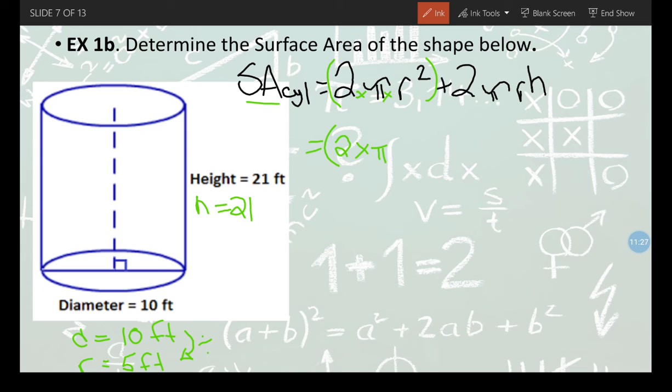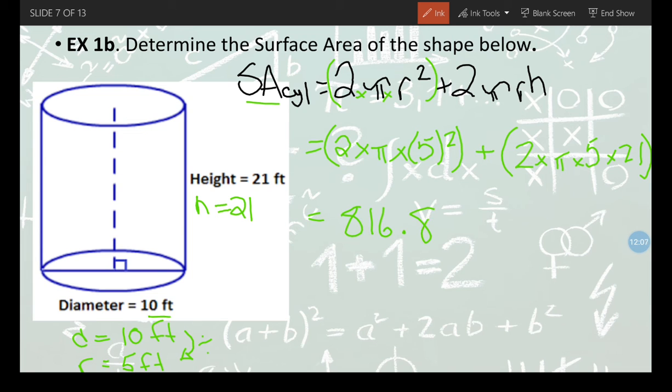Times pi, times the radius, which is 5 squared, plus 2 times pi times r h next to each other. Those are just going to be multiplied: 2 times pi times 5 times 21. I can put it all in my calculator at once, and that should give me the total surface area of